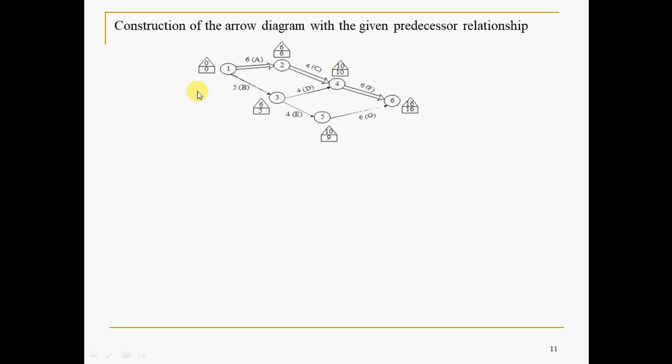How to fill this, for example? 0, 0. And for example, this one, 0 plus 6, forward pass and backward pass, same thing. 0 plus 6, 6. Then you can reach this in 2 ways. When there are 2 possible forward paths, what to do? 6 plus 4, 10. And this one, 1, 2, 3 was 5 here. 5 plus 4, 9. Whichever is more, that you have to take here.